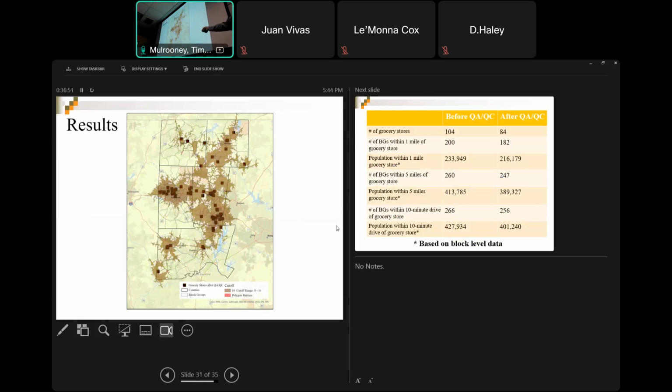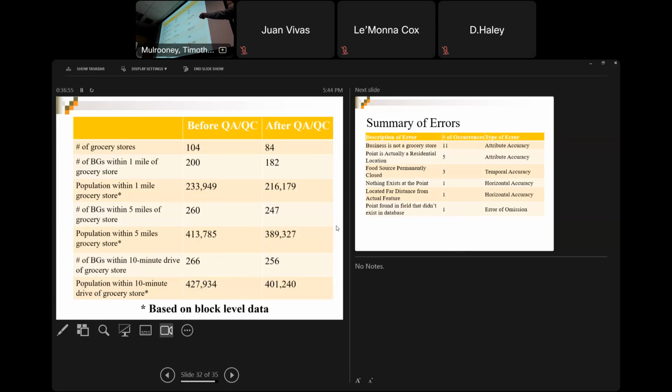And this is a 10-minute drive time with these. So I did this before QA/QC and after QA/QC. There were 104 grocery stores before, but 20 fewer after. So you can see this gigantic overestimation of people, and you can look at this with the block groups and the population.